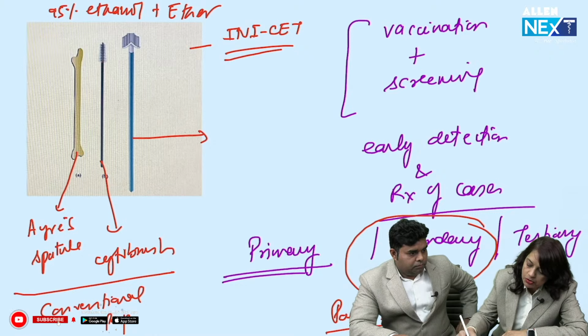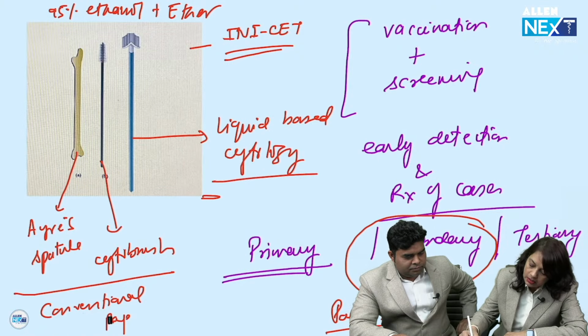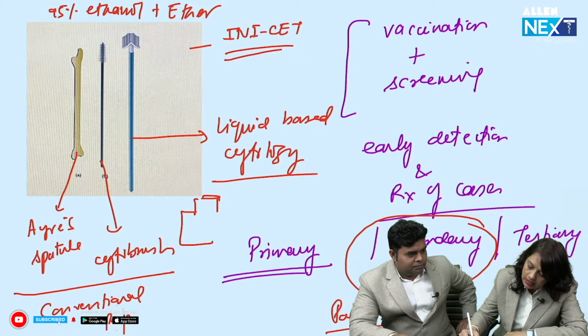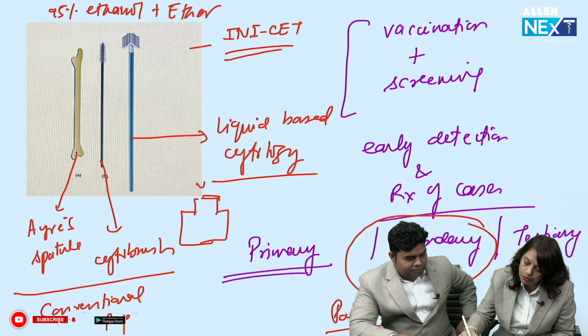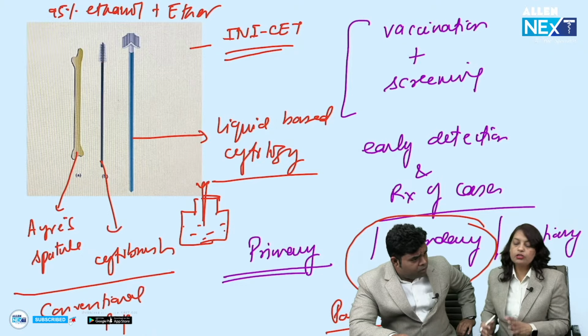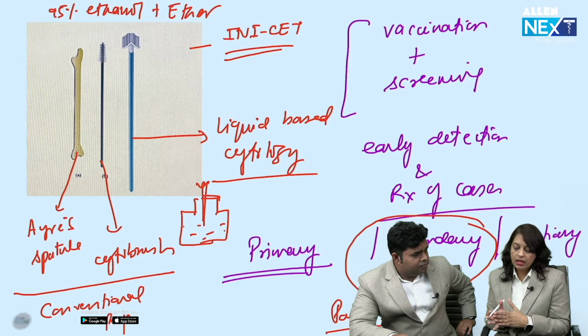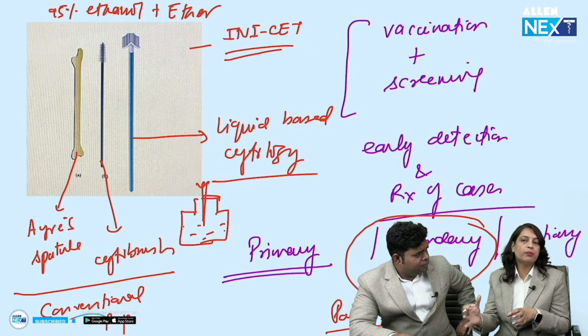Now what is this spatula? This spatula is for liquid based cytology. This spatula is there and there is a bottle. So we take the smear from this spatula and put that spatula in the bottle, which already contains a fixative material. So if you compare the results, it was said that liquid based cytology is better than conventional PAP,